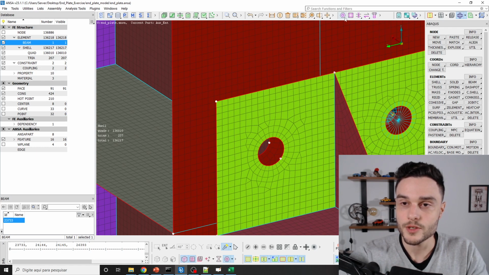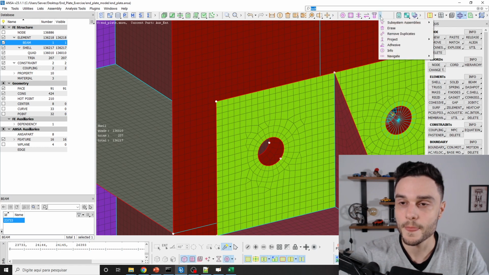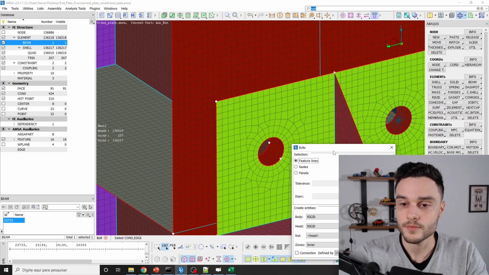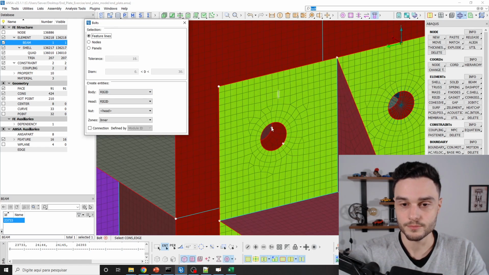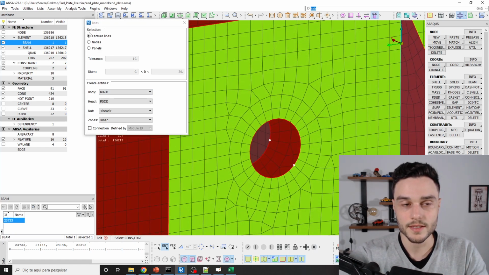But in reality, what I do is use this tool here, Bolt. It is in this region. If you don't find it, just search for it in here. Or also, if it's not visible here, you can click on this arrow to see more options. And then activate Bolt. And then we have this window. And then in selection,